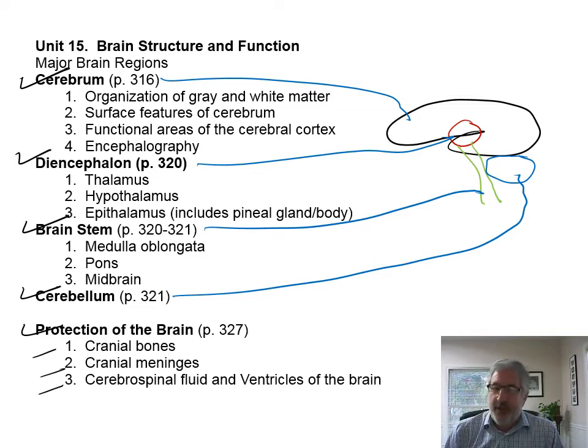So, the good way to remember all these things is actually draw these little pictures like this. I realize it's a very crude drawing. It's not pretty at all, but just drawing it yourself will help you remember all these things. So I really encourage you to just get a piece of paper and draw these structures and point to them yourselves. Don't just look at the book and read the words, but actually write the words down and actually draw pictures yourself and draw arrows to things and label them yourself. The act of writing things down really helps you learn things, and drawing pictures helps you learn things too.